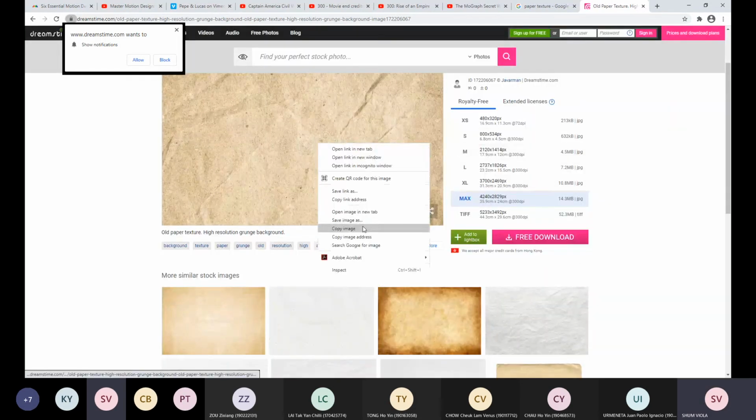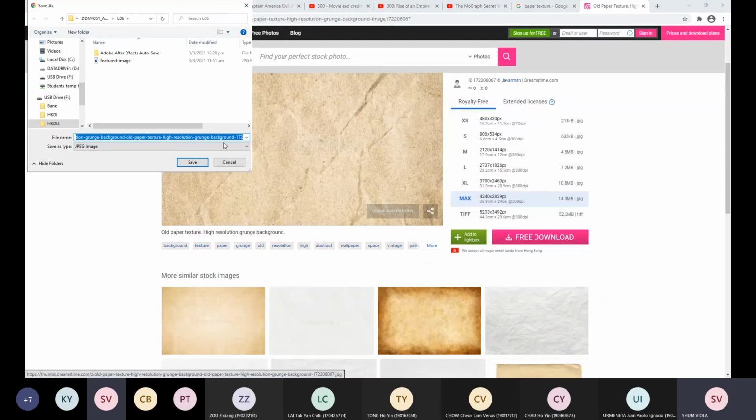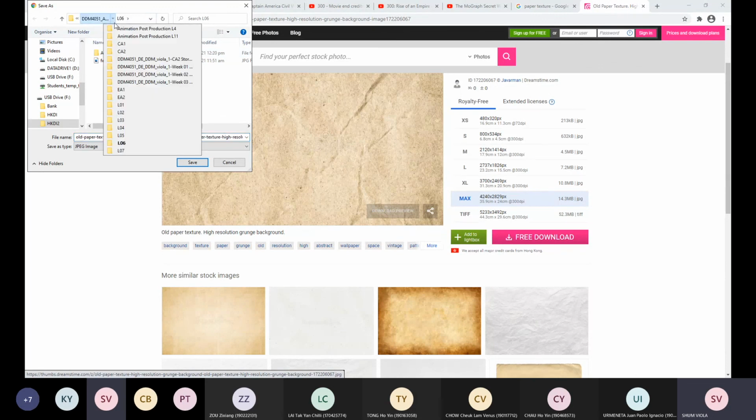For example, there is a watermark here, but it doesn't matter because I just want to demonstrate for you.